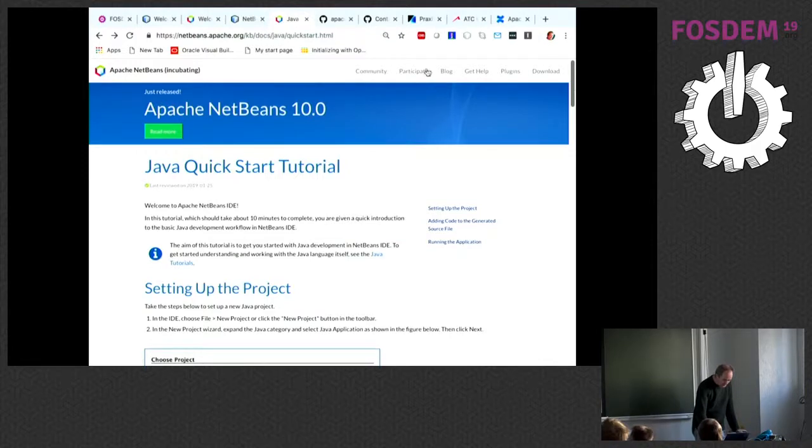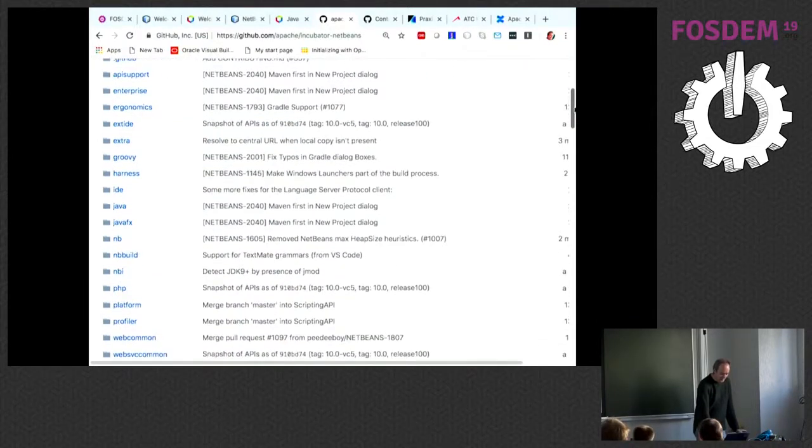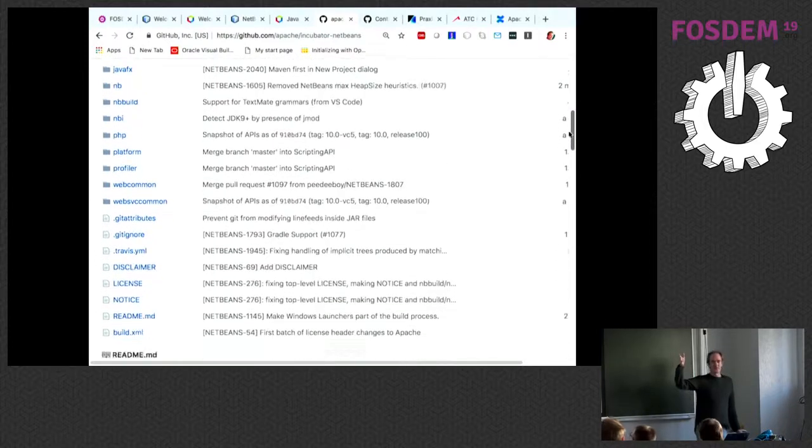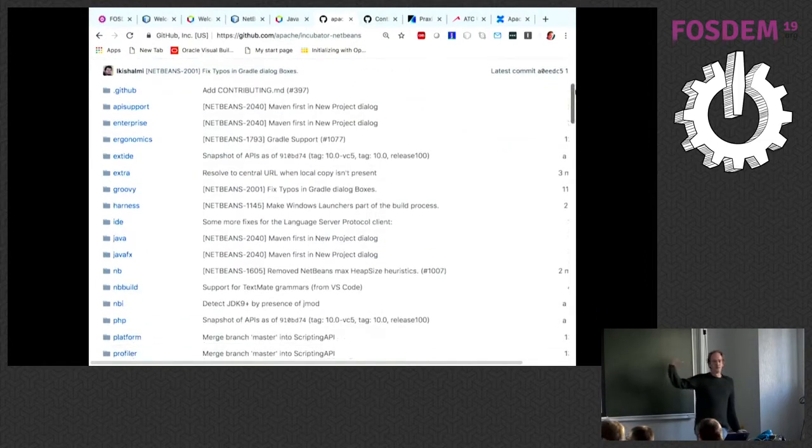Here is the Apache NetBeans GitHub repository, and we've completely restructured this because we had like thousands of top-level folders. Because inside NetBeans, Mercurial at Oracle, we had this long list of all our modules, which became unmanageable within GitHub. So we have reorganized those modules into different clusters. So these are clusters of modules, and if you're familiar with NetBeans terminology, a cluster is a collection of modules,